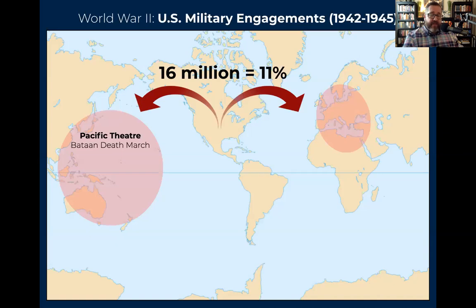turning points. The Bataan Death March, a sad moment in American military history, in which the Japanese acquired the Philippine Islands and took the Filipinos and the Americans captive, marching them to a separate POW camp in which many died on that route. The Battle of Midway, the first pushback towards a Japanese aggressive military, Admiral Yamamoto being pushed back there at the Battle of Midway, now putting Japan in a position to fight a defensive war as opposed to